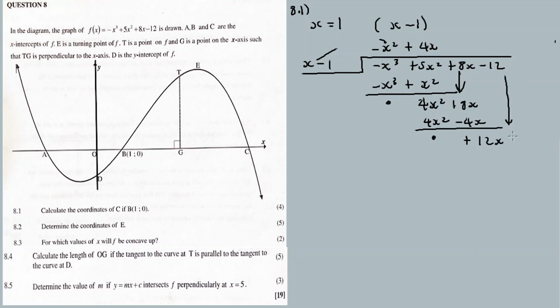Drop the 12, it becomes minus 12 here. Then 12x divided by x gives plus 12. 12 times x gives 12x. 12 times minus 1 is minus 12. Let's subtract this one from this one, and we get 0. Now